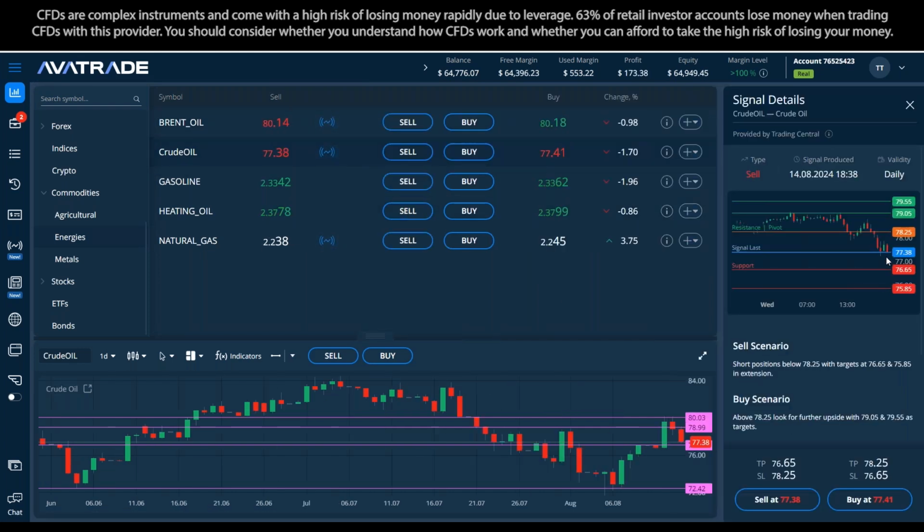Okay, and it's not quite there yet. So the short-term signal is sell. It fits what we were thinking anyways, so it might make sense to make this move from a short-term perspective, because who knows what other fears could kick up by tomorrow's announcements, okay? So we take a look then, recommendation here is between 76.65 and 75.85 as the sweet spot to take profit